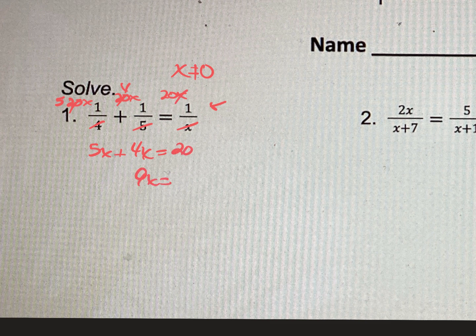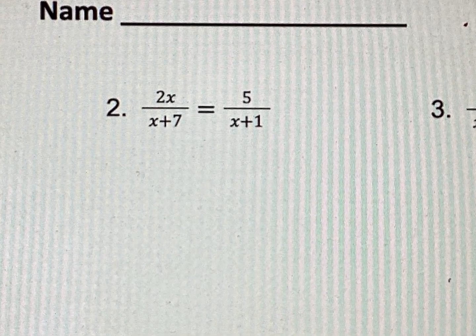Now just add them up. 9x is 20. Divide by 9. 20 over 9. Is that okay as an answer? It is because it's not 0. Number 2. If you have one fraction on each side, you can do what we just did,